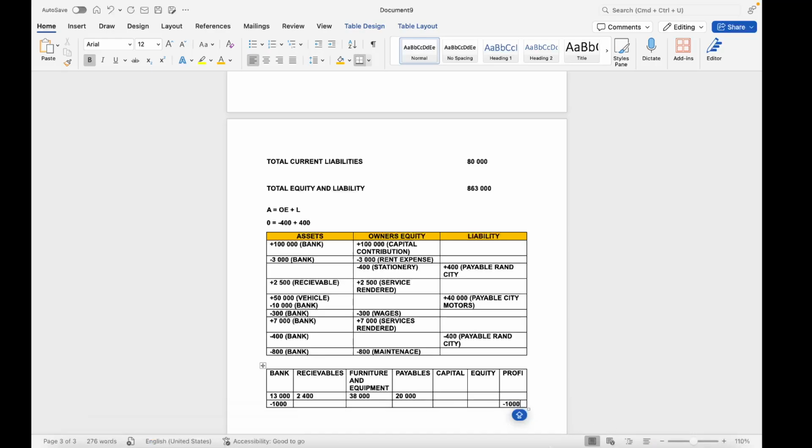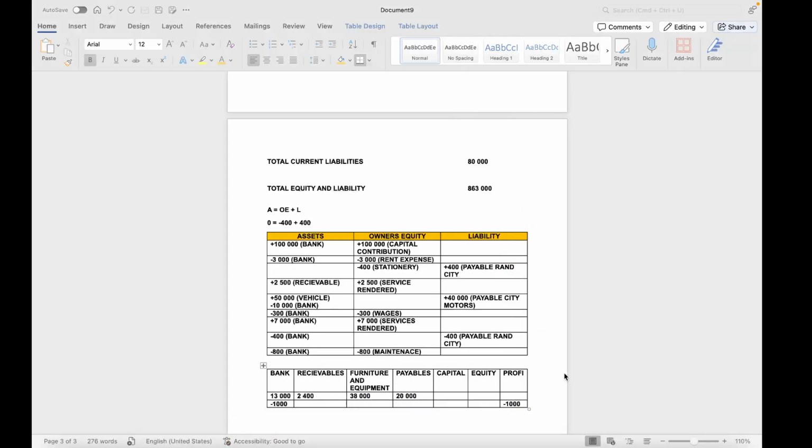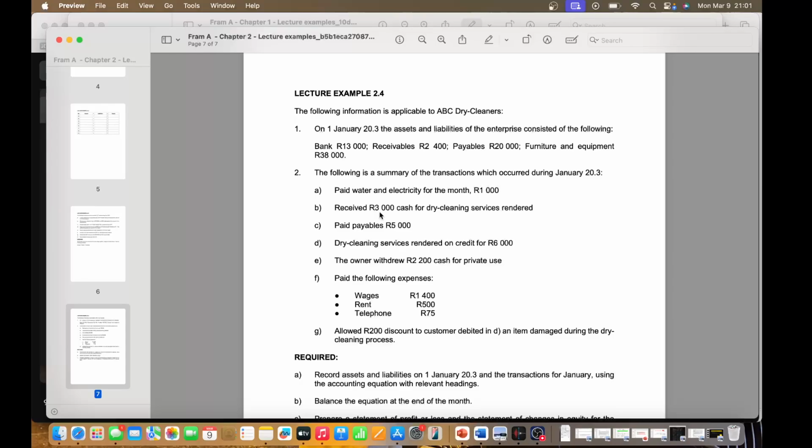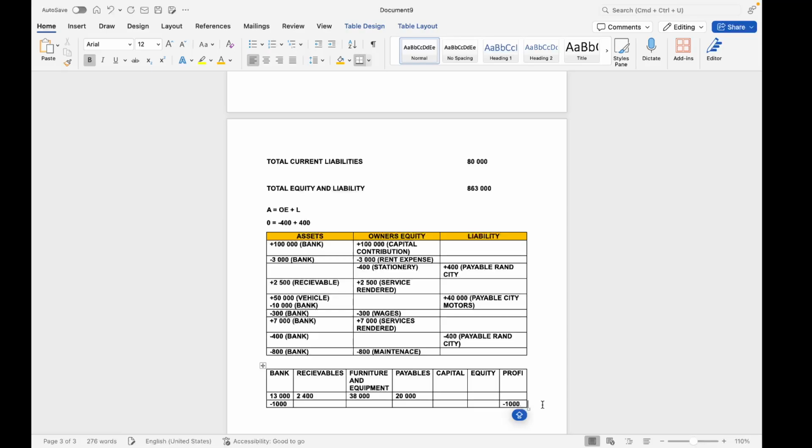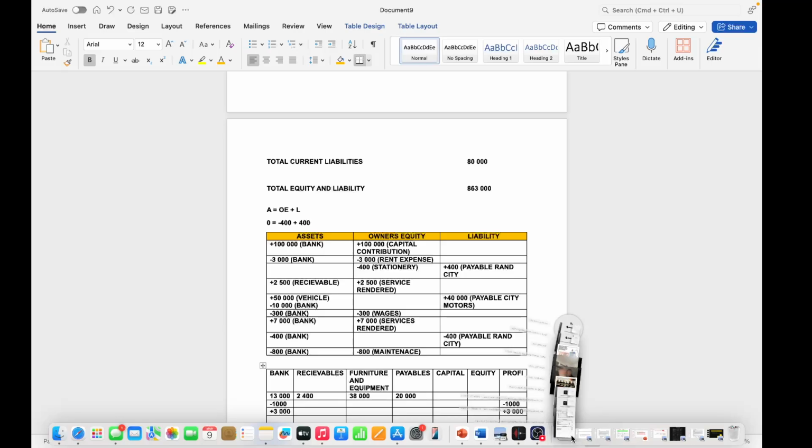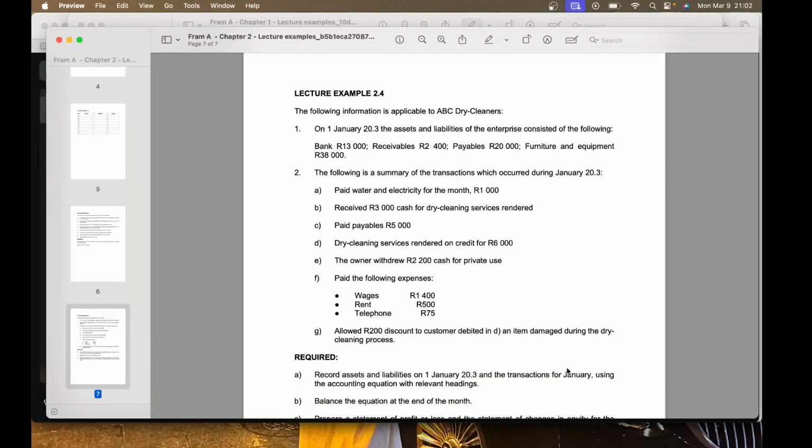Then we can move on to the next one, which is received 3,000 cash for dry cleaning services. So what's going to happen to our bank? Our bank is going to be plus 3,000, and then to our profit it's going to be plus 3,000, right? Next, we paid payables 5,000. So if we pay our payables 5,000,